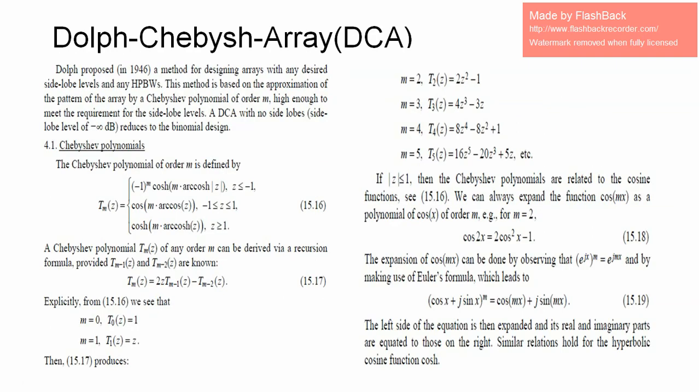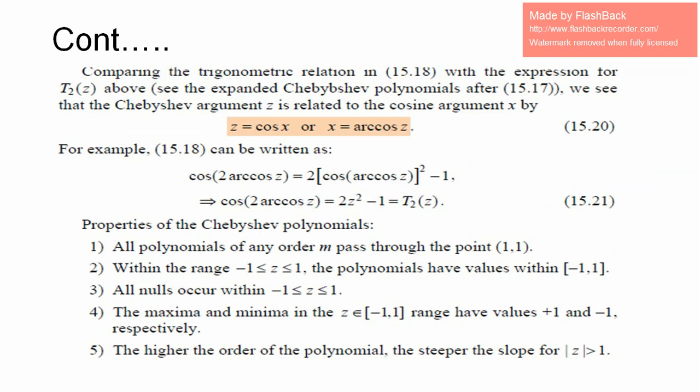Then after that we have to find out continuously by comparing the trigonometric relation with the expression for the T2(z), and for C expanding the Chebyshev polynomial, we see that the Chebyshev argument z is related to the cosine arguments. Then these cosine arguments will be given as z equal to cos x, and x equal to cos inverse of z, meaning arc cos, the inverse of that value. Then from that equation we have to write